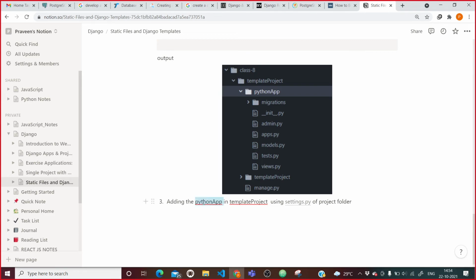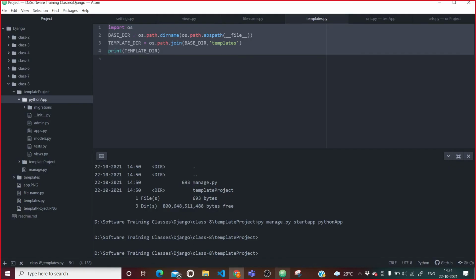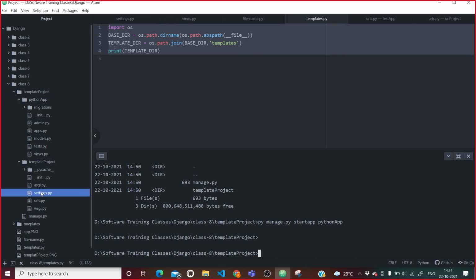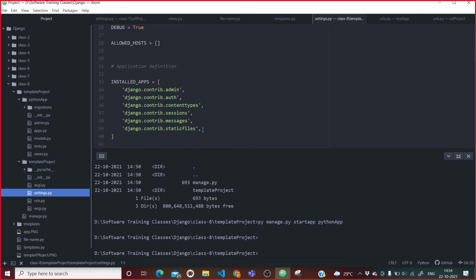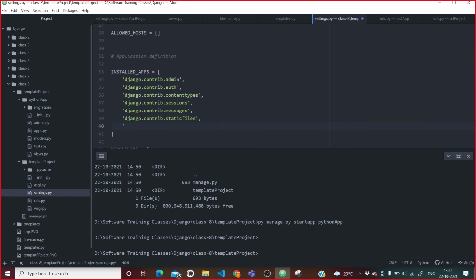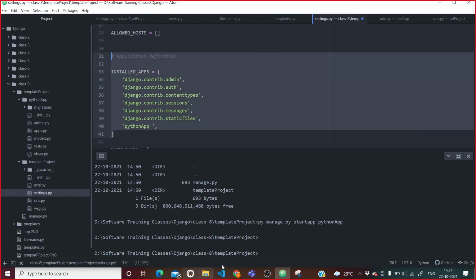How am I going to do that? Python app is there, copy it, we will come here and go in the project folder settings.py, and in the installed apps we are going to write Python app.